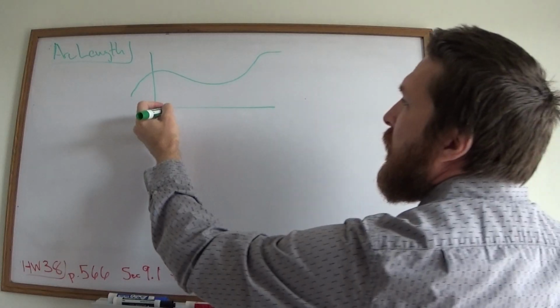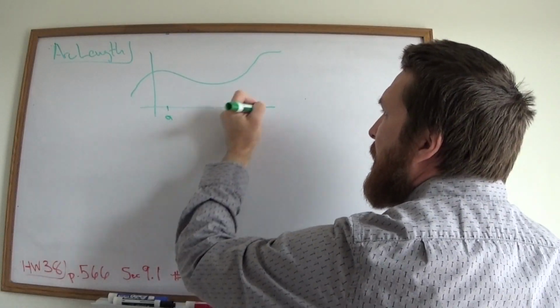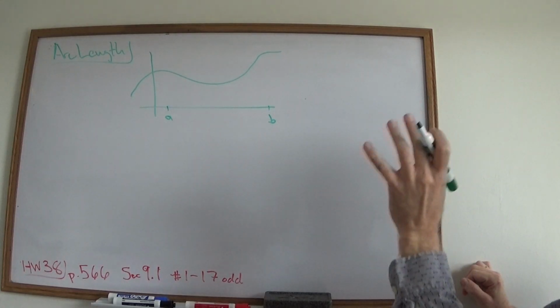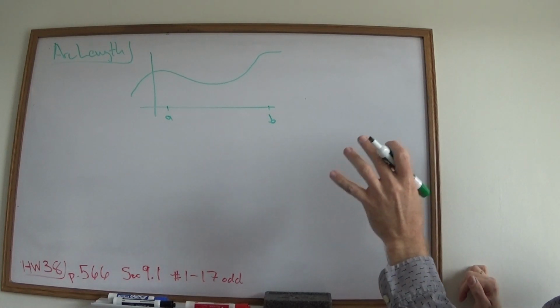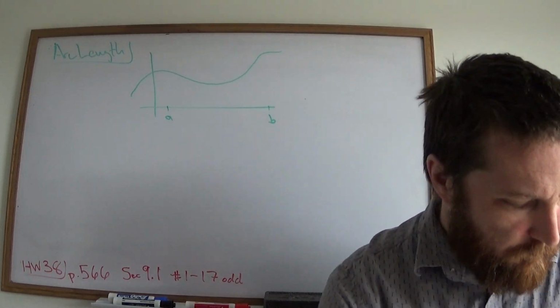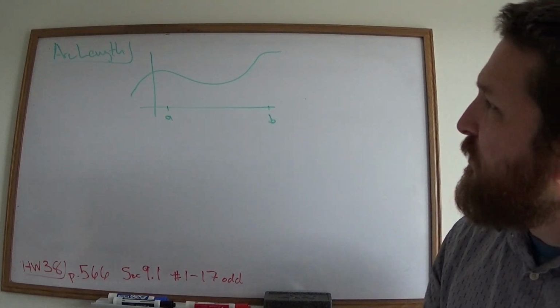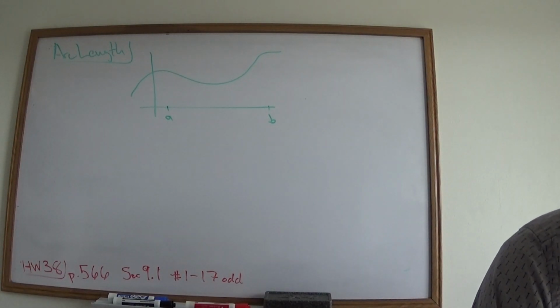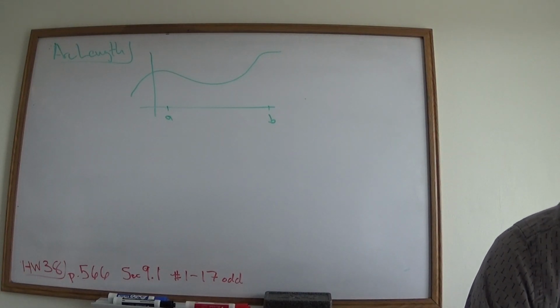Now, what we're going to do is say, okay, let's suppose, instead of the entire curve, that we're on some interval A to B, and we want to know what is the length of that. One thing we could do, what we did in the Army, was, we train like we fight. What we do is you take a piece of paper,